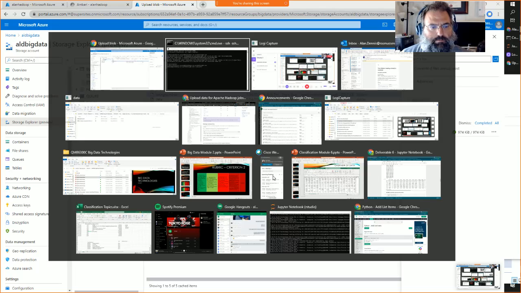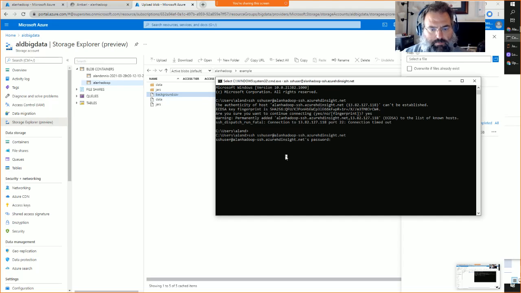And then wanting to know the password again. And this should connect rather quickly, so I'm not real sure why it wasn't, unless it's because I've got some